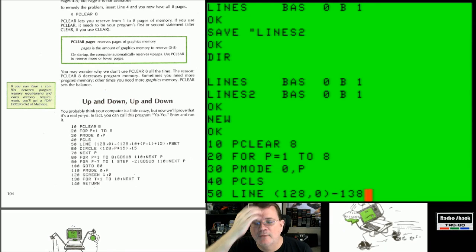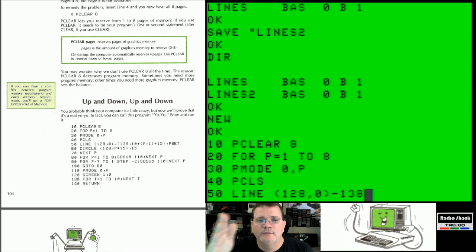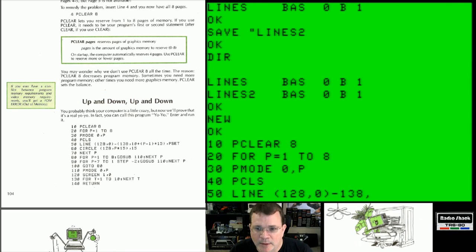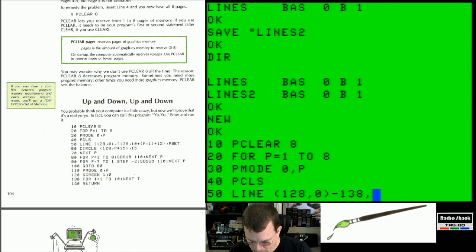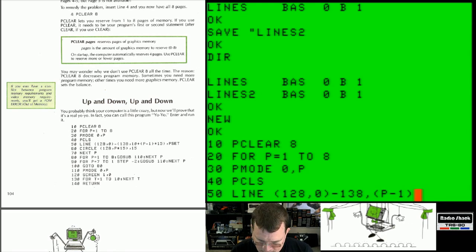So 128 is dead center. 138 is going to be over 10 pixels. Comma. So it's going to start off by going 10 pixels, but then we're also going to say P minus 1, which is P minus 1 times 15,